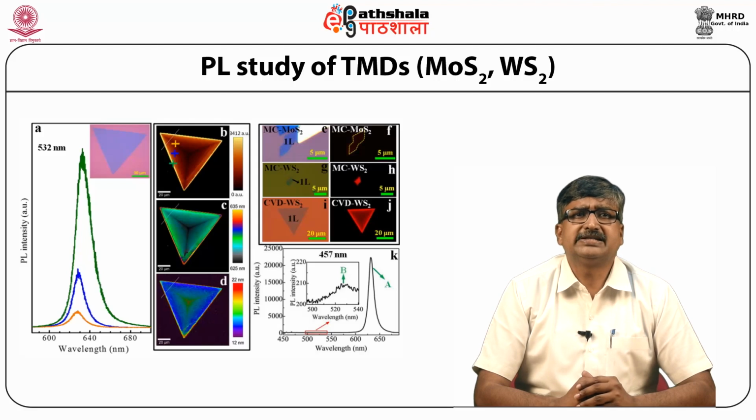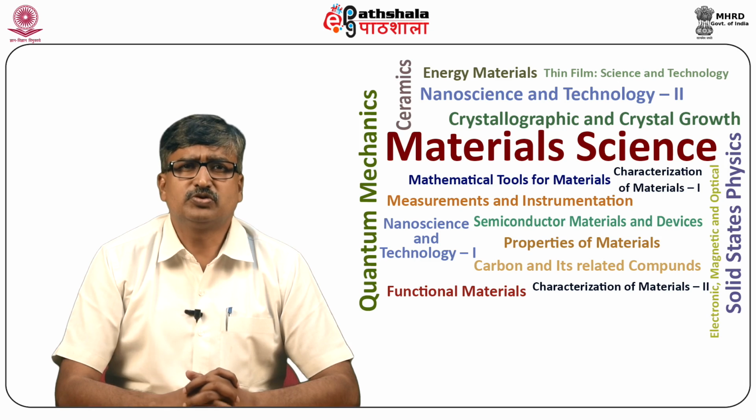A strong PL is obtained only when a monolayer is there. This means one can also confirm the presence of a monolayer by direct observation of a synthesized sample in a fluorescence microscope. So students,